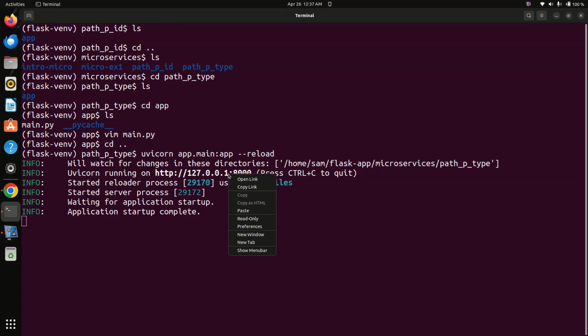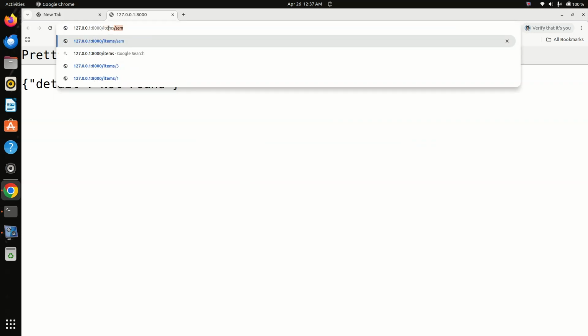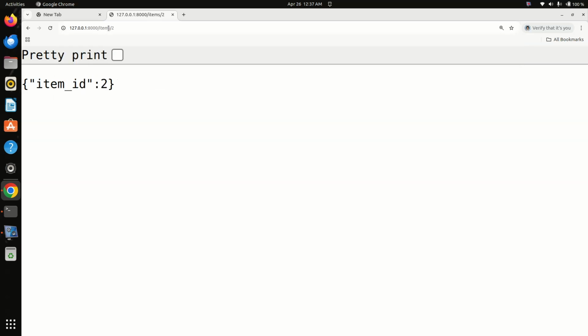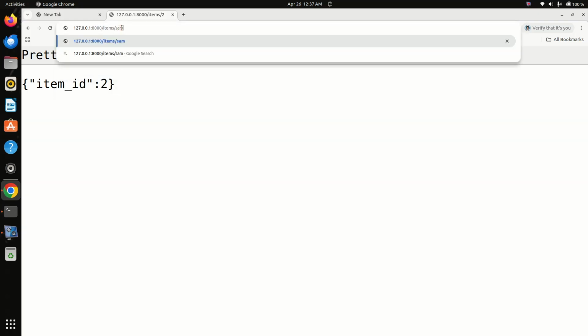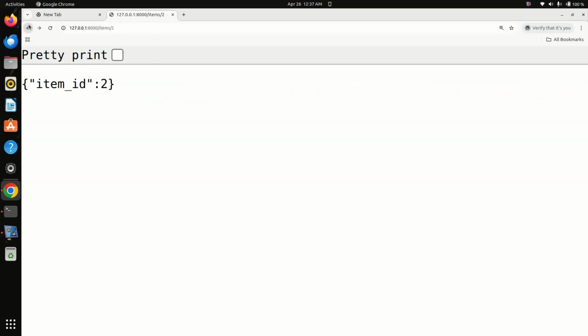Yes, fine. Or if I take here another string, it will not accept. It will flash that the input should be an integer. So I have successfully done with